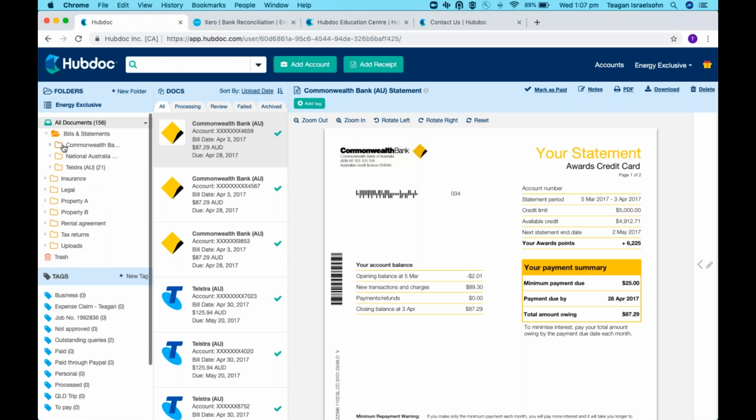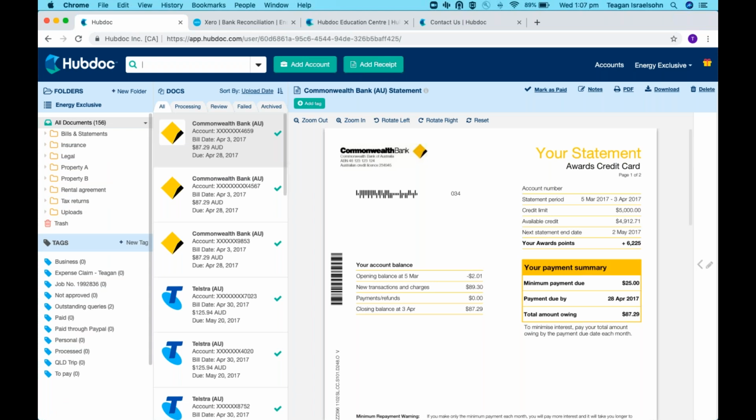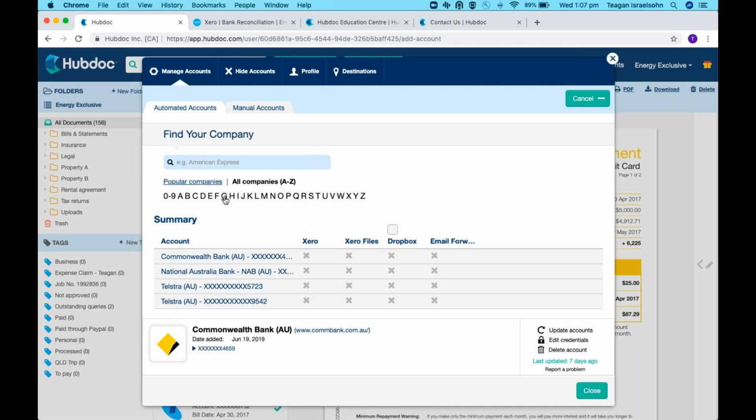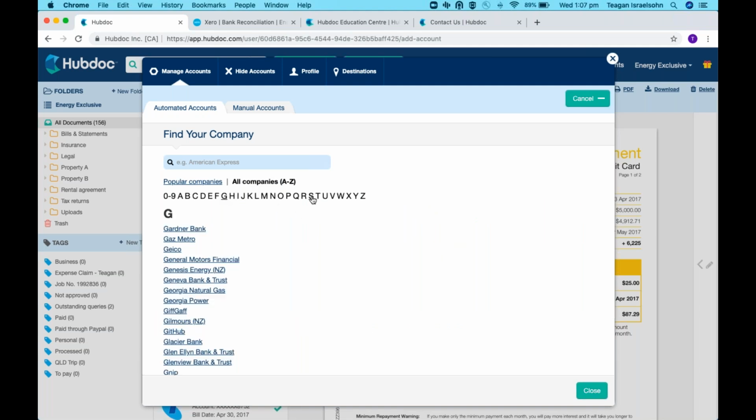So guys, what really makes HubDoc unique are our automated connections. We've got over 250 different automated connections, ranging from banks, telcos, utilities, software vendors, and retail suppliers. You can see some of the popular companies below. You can also search by simply selecting the character that you might be interested in, or